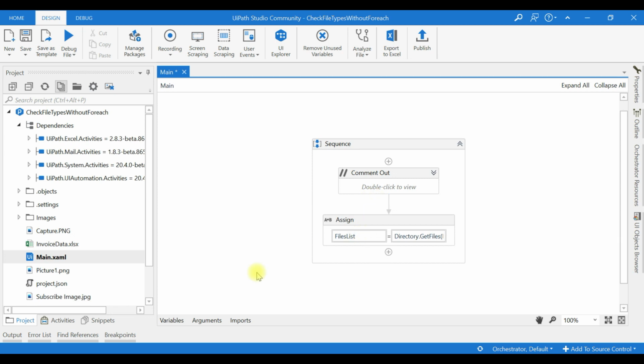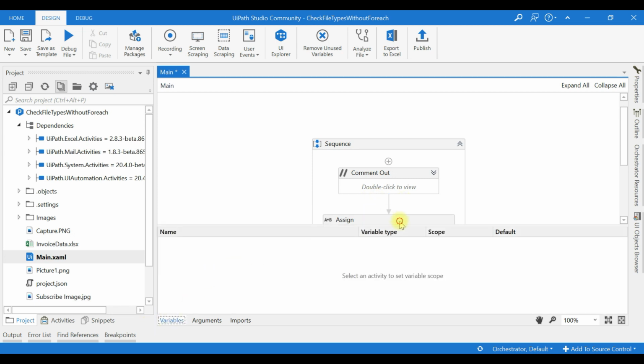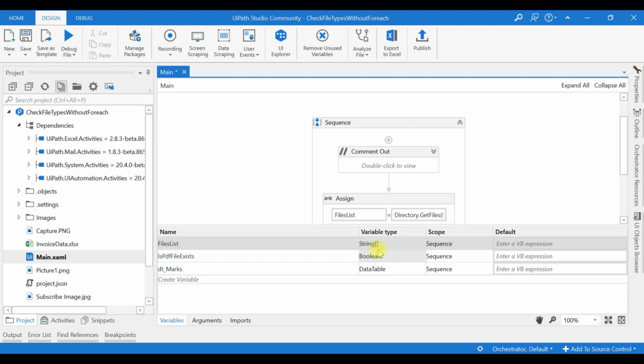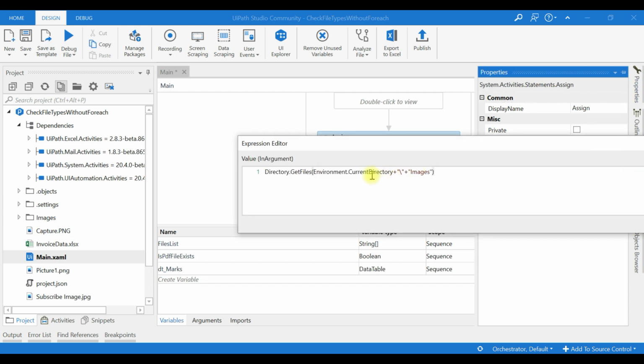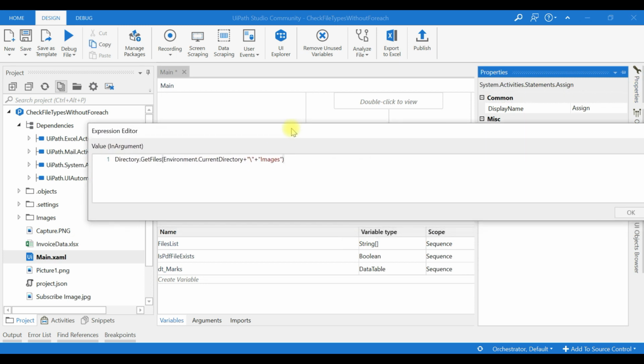I have declared a file list array variable, and then I have collected all the available files from that folder. Images is my folder. Inside the images folder I have some files.